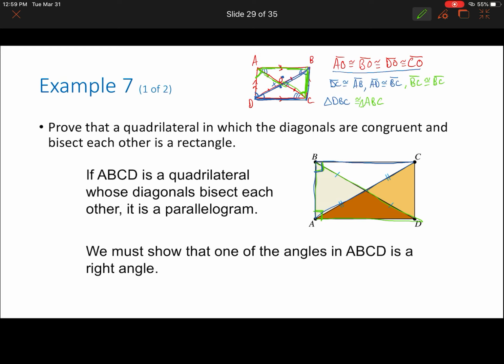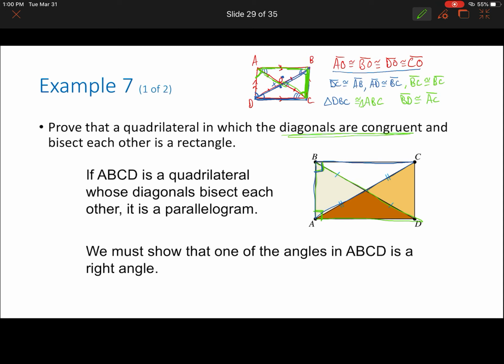Well, based on what we've talked about so far, we know that DC and AB are congruent. We also know that AD and BC are congruent, which doesn't really help us a lot, but we know that BC and BC are congruent because they share this side. Okay, so you can see that. And so now I just need to show that there's an angle they have in common, or that they have the other side length in common. Well, again,